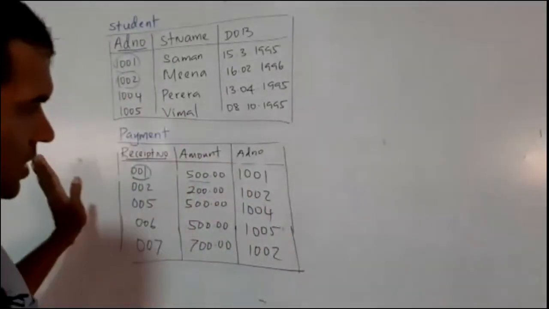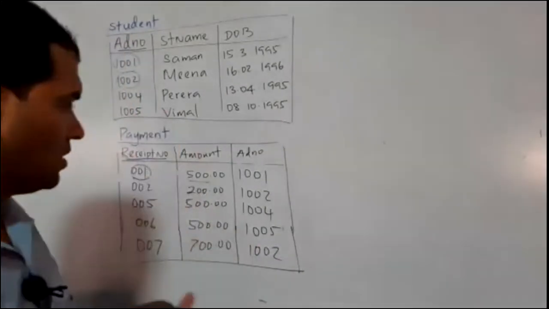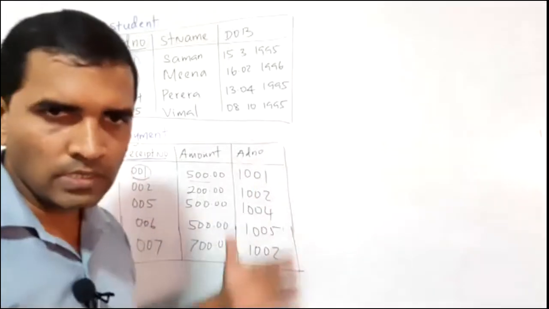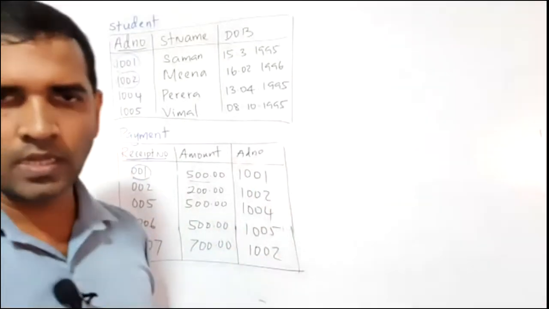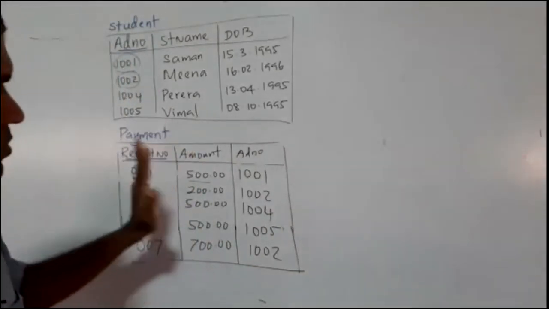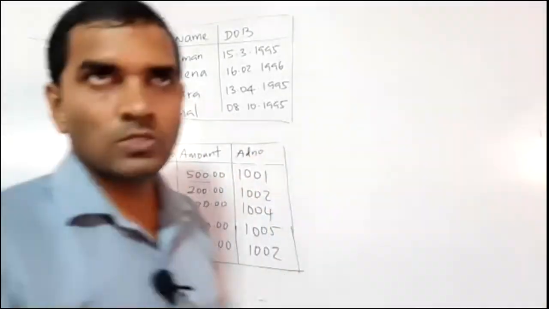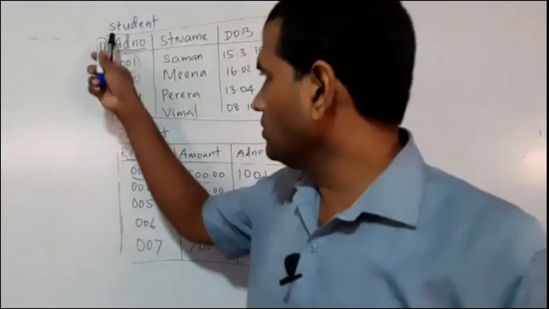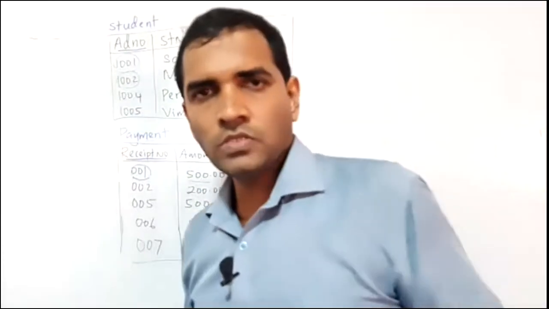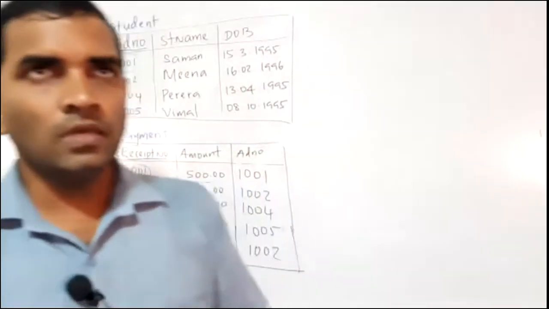But here you may assume that there may be thousands of records in both tables. Including these 4 or 5, there may be other records found. It is not an issue. Okay, look. These two tables have a relationship because we have a common field. Admission number is there, and here also admission number. Since admission number is found, both tables have a relationship.